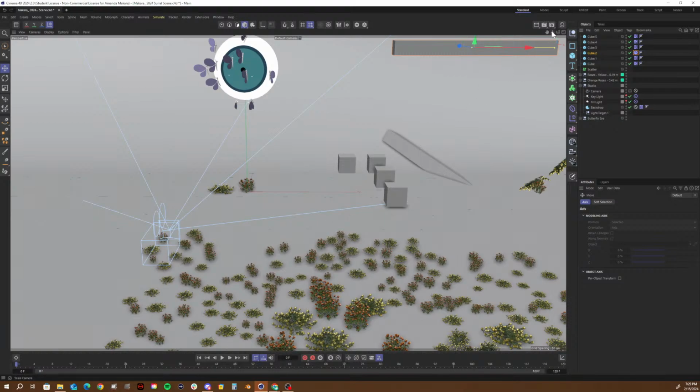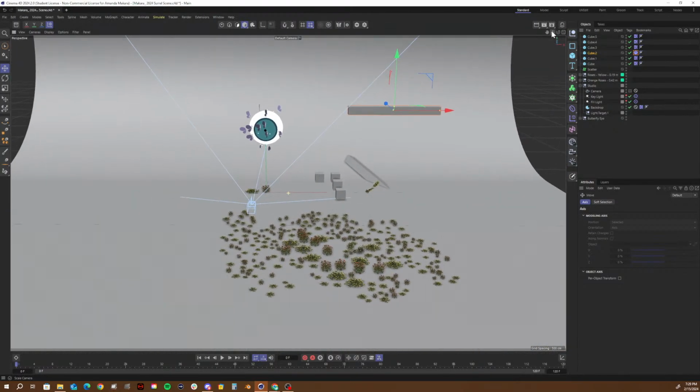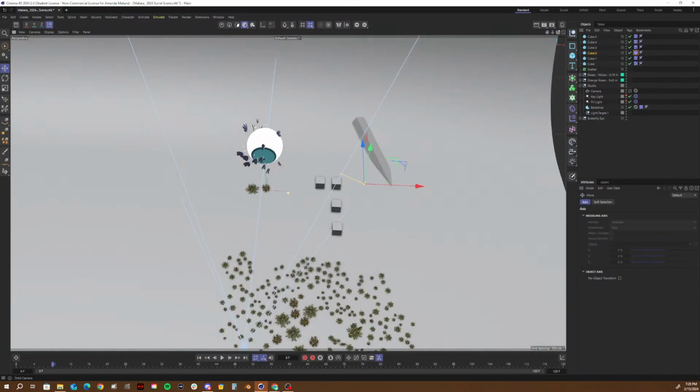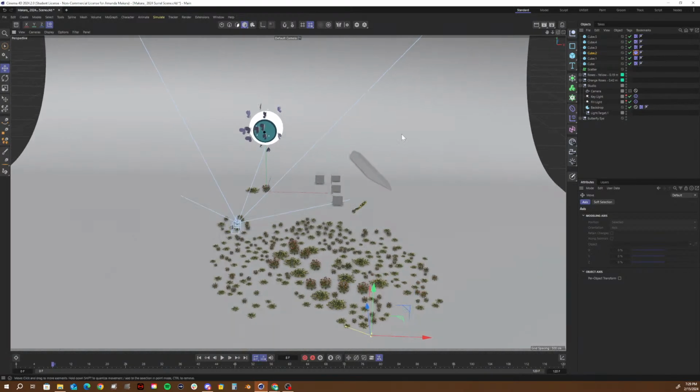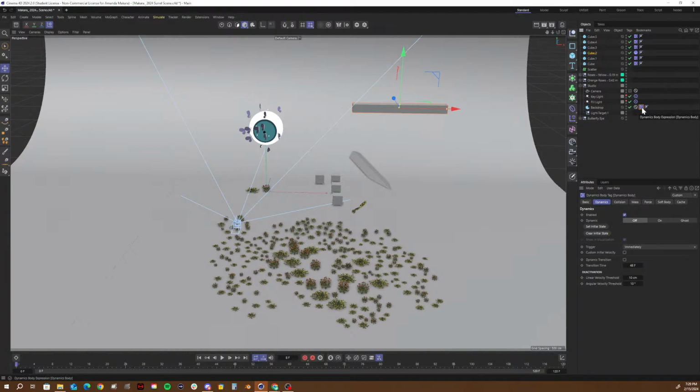Let's see, it moved it up here. It should hit this and just bounce off of it. Where in the space is this? Okay, now it's up there. Let's go back. Dynamics on. Let's turn that on. Now if I play it,